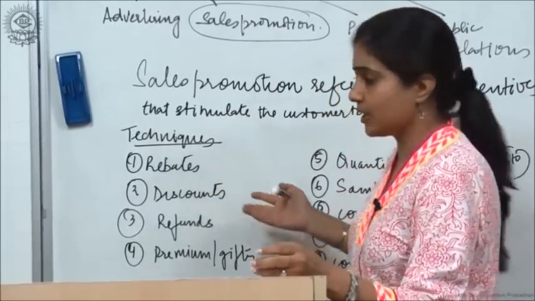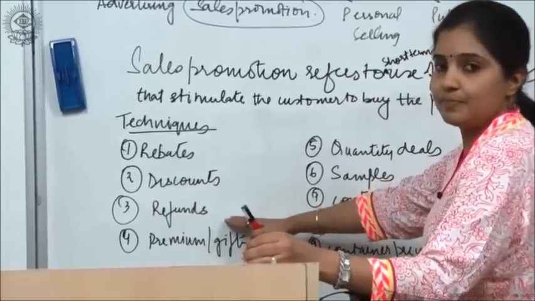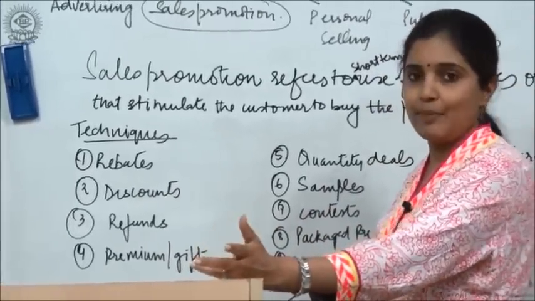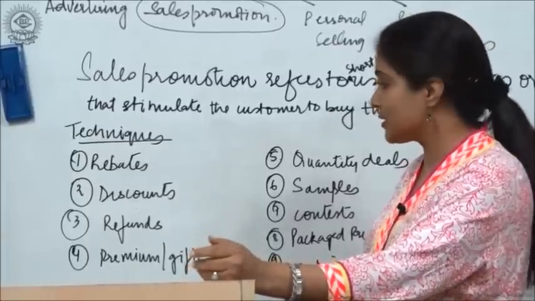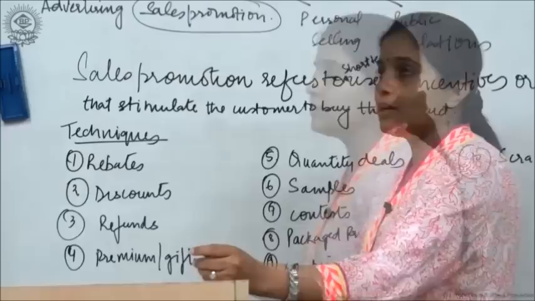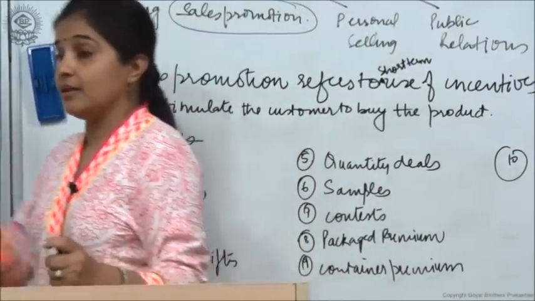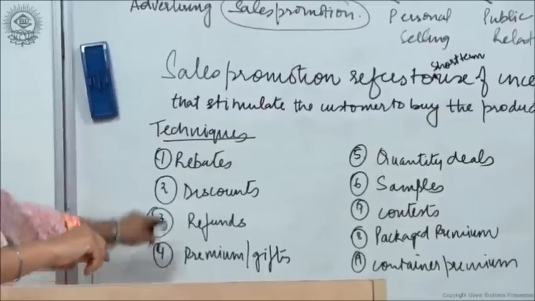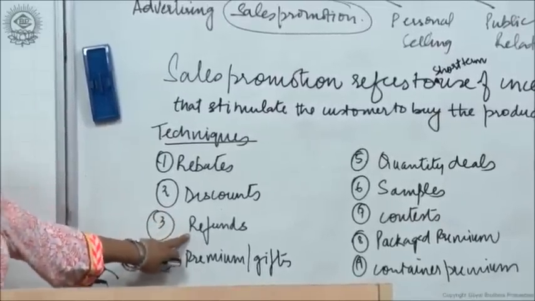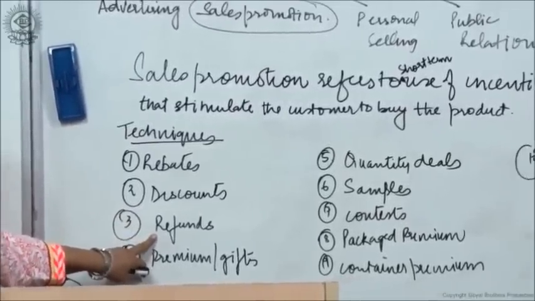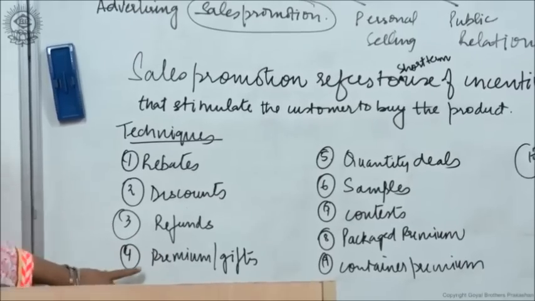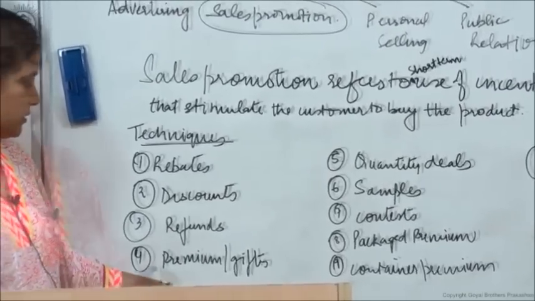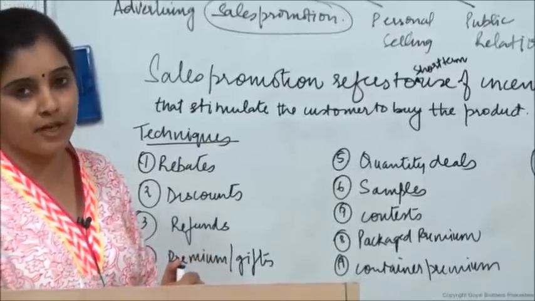Different prices for different products will be there here. Then refunds, right, that is you buy a product, give us the empty package of that product, ठीक है। For example these MAC lipsticks, that if you get 3 empty vials of the lipstick, you get 1 lipstick free, this is refund। तो एक free पाने के चक्कर में you will buy 3, use it and then give them the packing, right। Then premium or gifts, that you buy a particular product, you buy a toothpaste and you get a toothbrush free, fine,